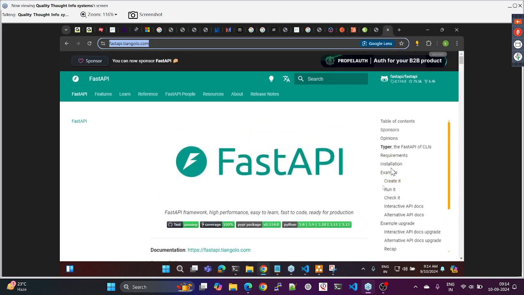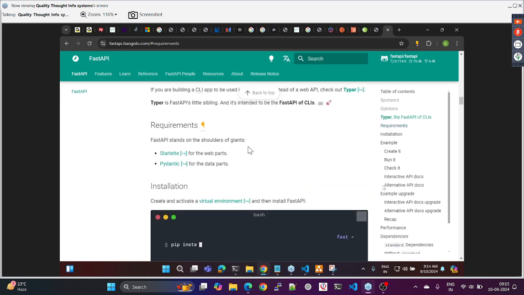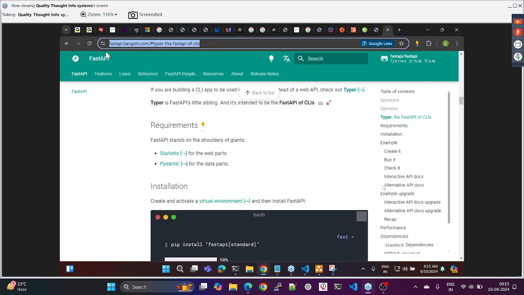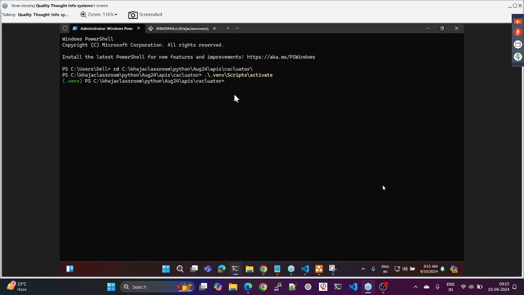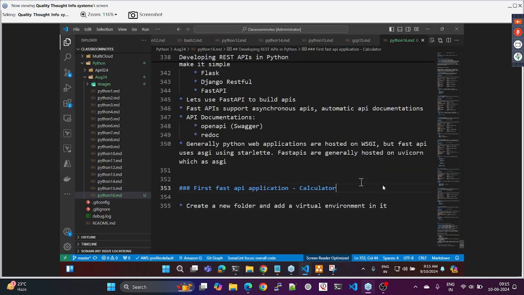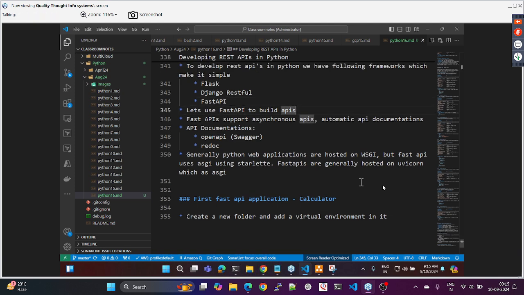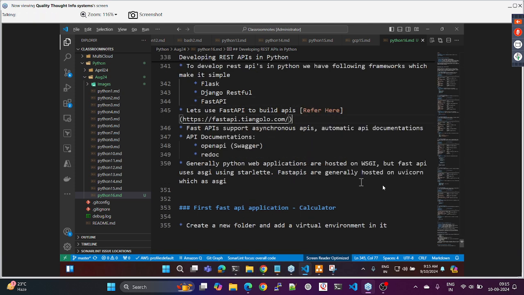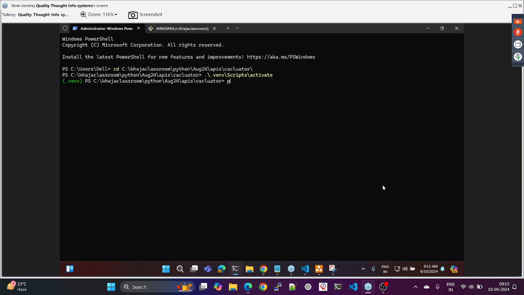So over here, if you look into it, you can see how to deal with FastAPI and all of that stuff. Now the first thing I need to do is pip install